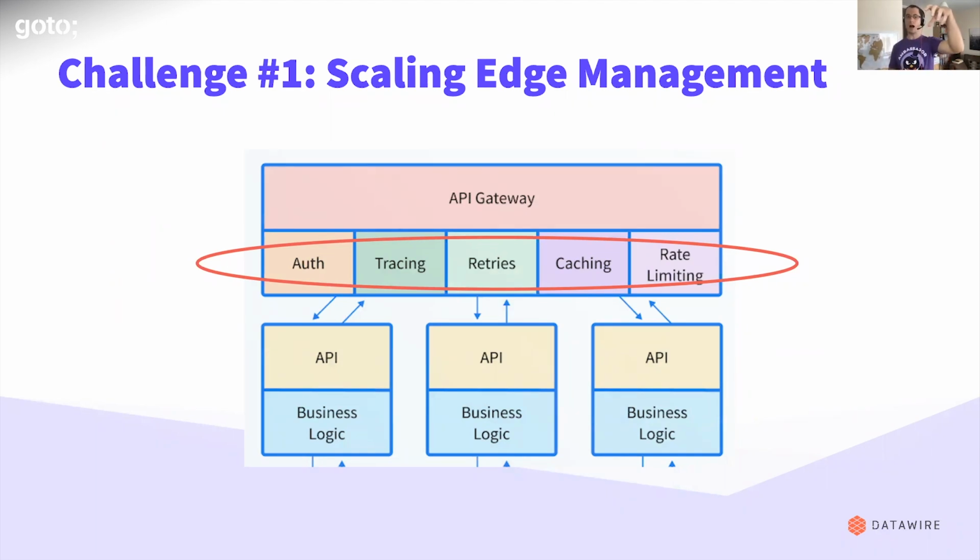It makes sense to pull it up, but you imagine now we've got more and more services being spun up. And that's the beauty of microservices. You write them to be replaceable. You can write them to be ephemeral, but I need some way of interacting with the edge now to say, hey, I want auth to be like this. I want retries to be like this. I want caching to be like this. Scaling this management of the edge does not work with tickets. I've seen a few companies try and do it. It's really hard to do.